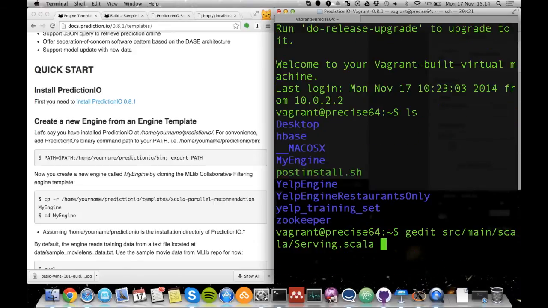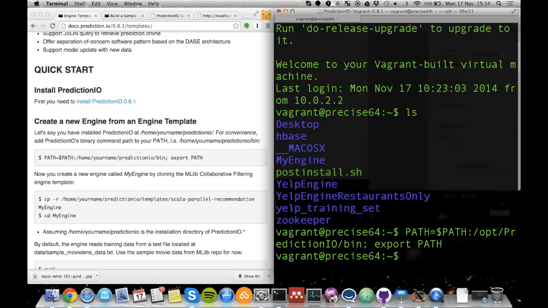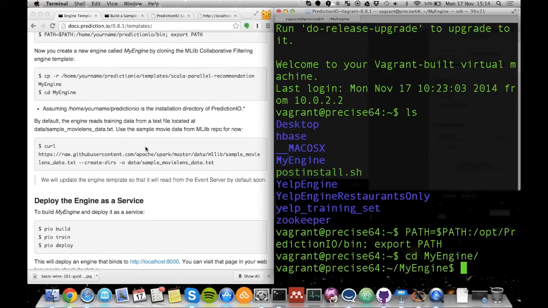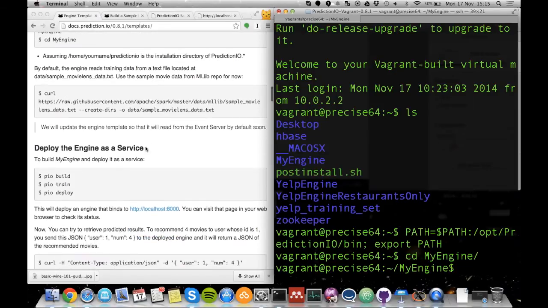First, we're going to add PIO to our path. And then, essentially, all you do is you copy from our template directory the recommendation template, and we've put that in a directory called my engine. And then I've already, to save us the hassle of having to wait for the internet to download the dataset, we've got a small example dataset from MovieLens, which is just a set of users, items, and ratings. That's that sample MovieLens dataset.